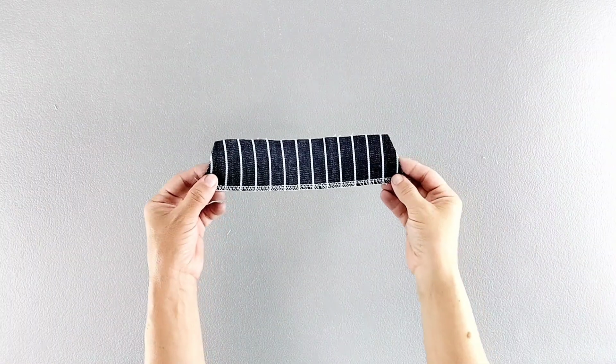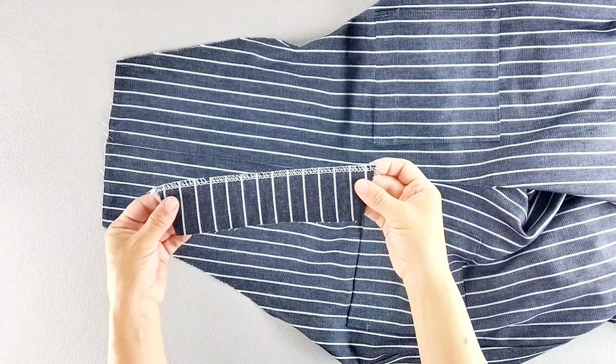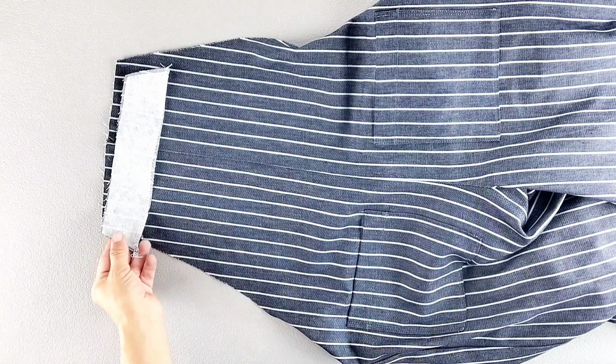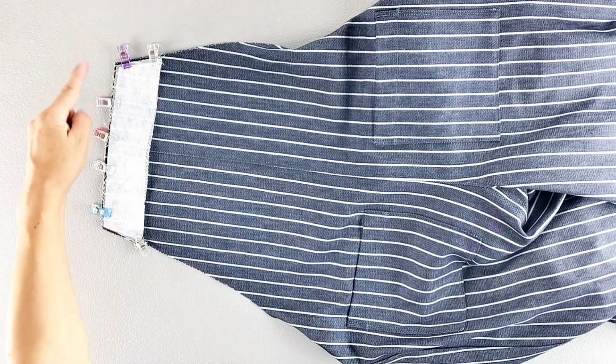Here is my front facing piece, which I've also interfaced and finished the bottom raw edge. I'll place the facing right sides together with the front bib piece and pin in place along the side and top. Then I'll sew the side and top edges at 3/8 of an inch, just as we did for the